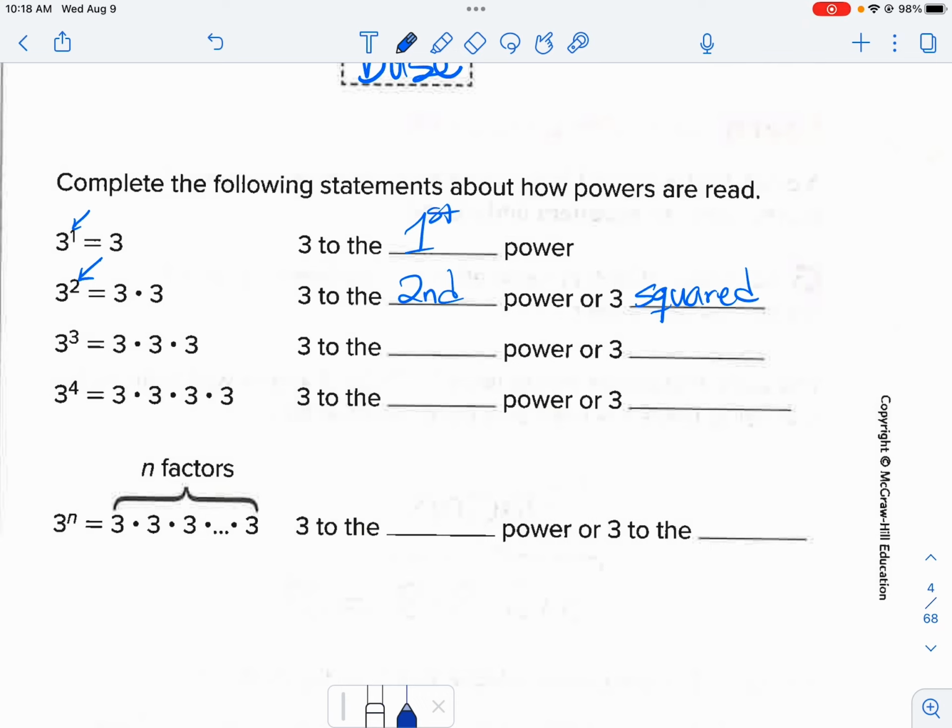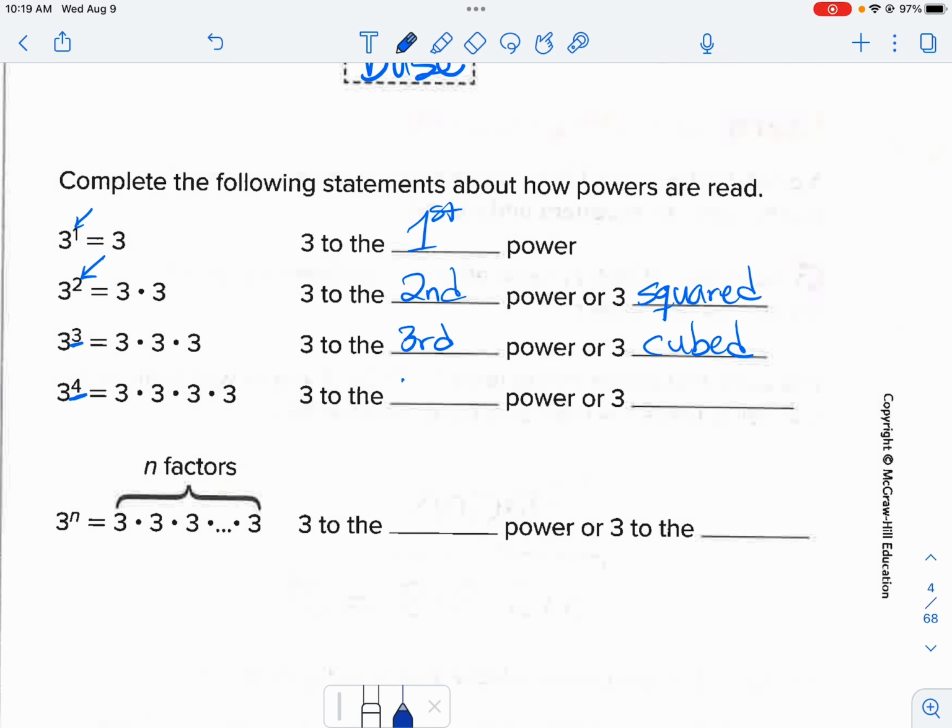Then the next one, 3 to the what power? So I look right here. What power is it to? It's to the 3rd power, or 3 cubed. Sorry about that. And the next one, it's to the 4th power,